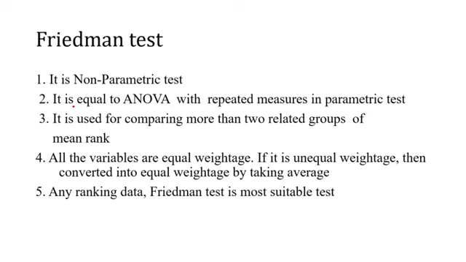The Friedman test is not widely used because it's the non-parametric equivalent of repeated measures ANOVA. Repeated measures ANOVA you will use mostly in experimental designs. You have a pre-test, post-test and follow-up test. You have to compare these three data sets. We didn't see repeated measures ANOVA in parametric, so that's why I'm explaining it here. If you have to compare pre-test, post-test and follow-up data, you have done an experiment and you have three types of data: pre-test, post-test and follow-up data.